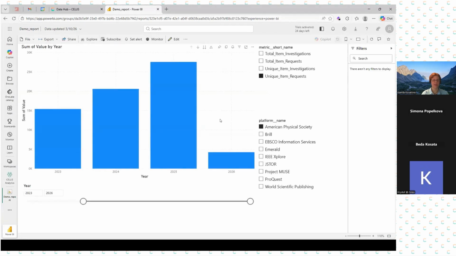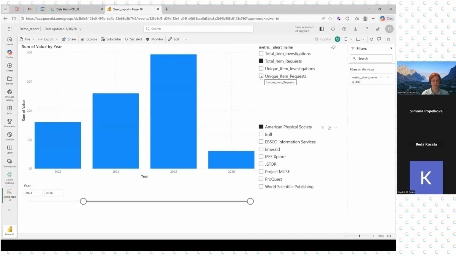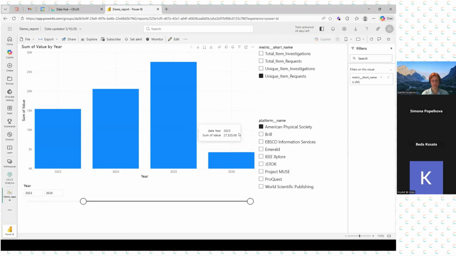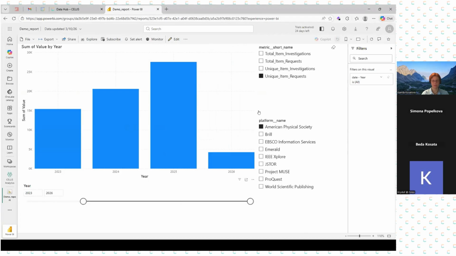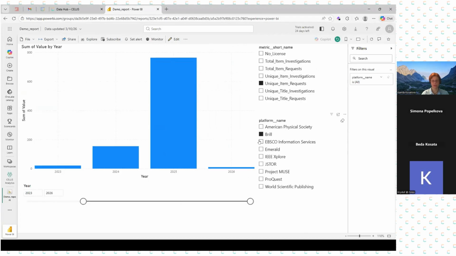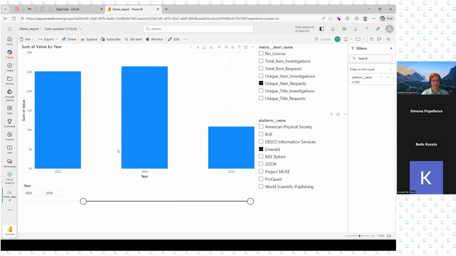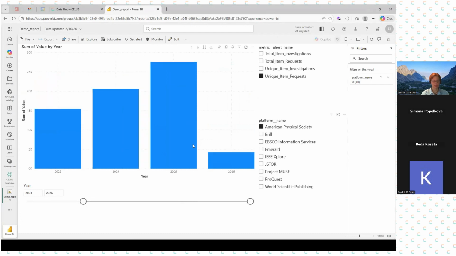And here I can share it with my colleagues, which will have the same features, the same slicers available. They can add just the visuals, and it's not static, it's flexible for them, and they can adjust it as they need, as they want. So this is a very simple way how to get the data from Data Hub